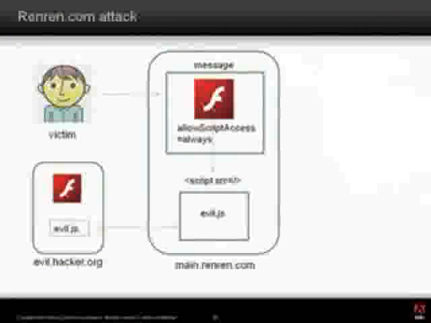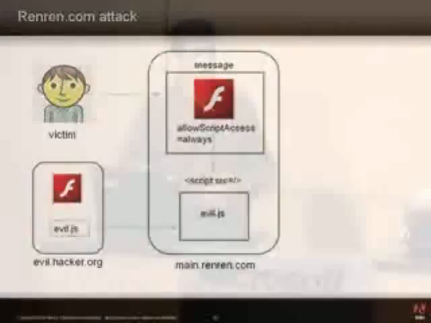void video to keep the user occupied long enough for the attack to run. And it would inject a script tag into the HTML, where they would source in the malicious JavaScript they needed to propagate the worm. From there, they were somewhat stuck because the actual subdomain they were on,